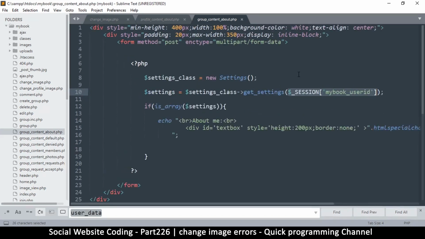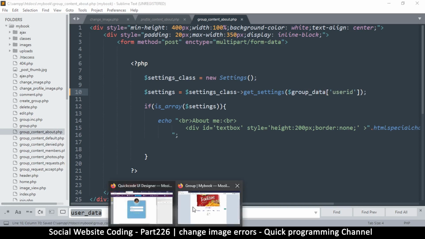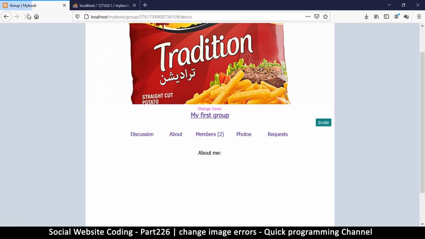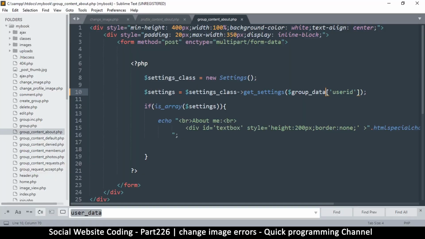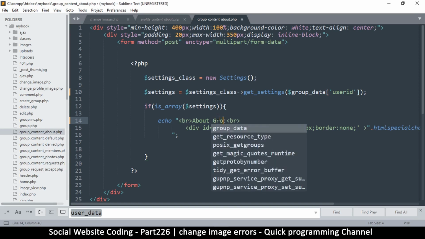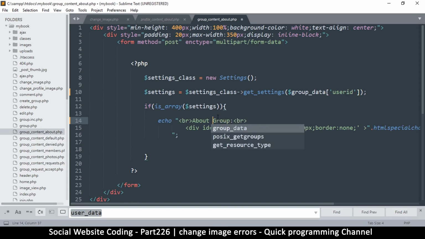but we want to see the about section of the current group. So what we will do here, because we know it's already, this is all for the group, so we'll say group data like that, and then we put that user ID there, and that's about it. So about me, and instead of writing about me, it's going to be about group,